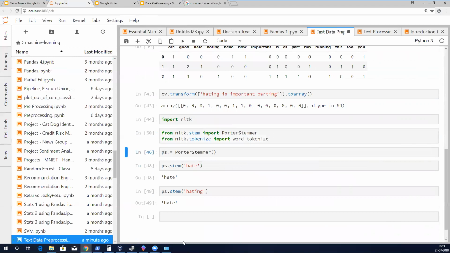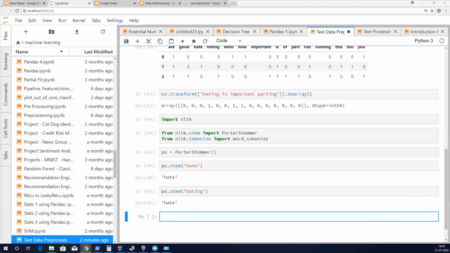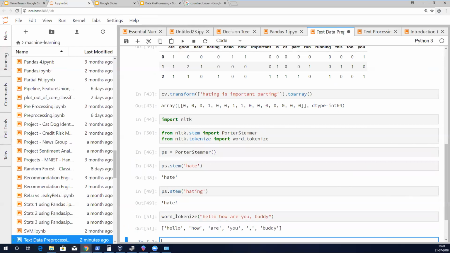So what will word_tokenize do? Hello, and I don't have to tell it that the comma is something different.